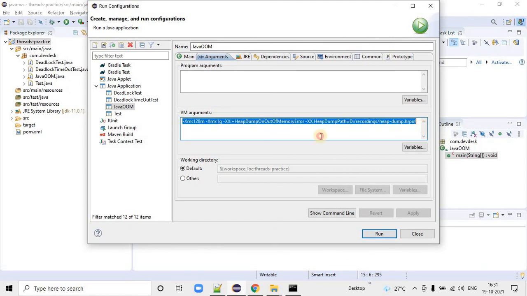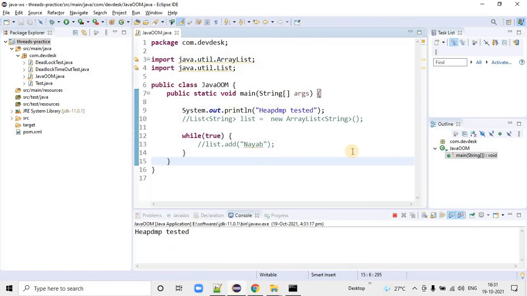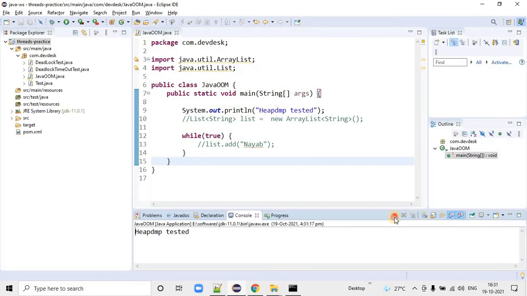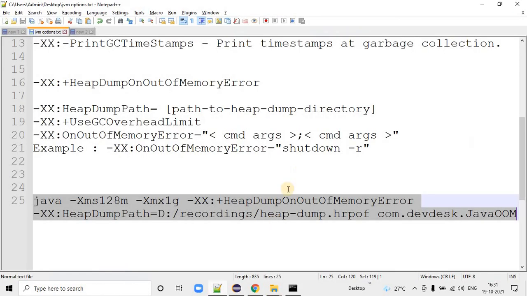So 128M, 1G, heap dump, all those things I have provided here. This is how we can run it from Eclipse as well. See, it has started.